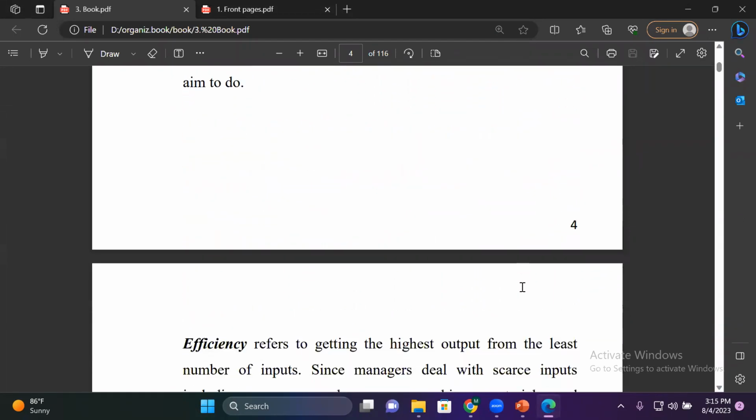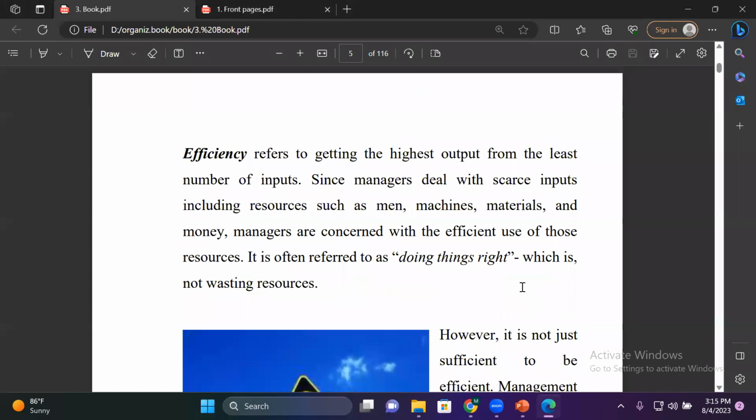And we'll move on. So you can see, efficiency refers to what? Now we are talking about management, where we have to plan, lead, organize and control the scarce resources. Because we don't have a lot of resources. Right? If we had a lot of resources, we wouldn't run a small scale business. We could run a large scale business, right?